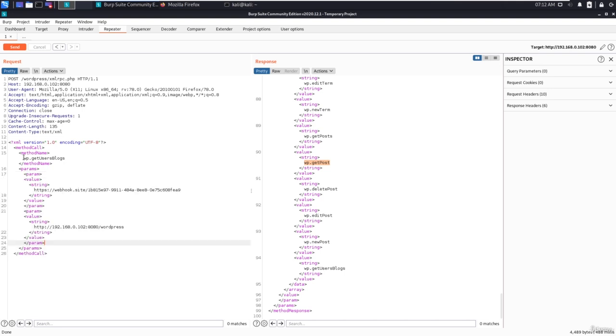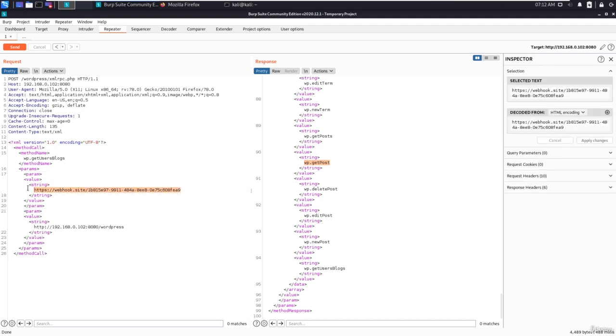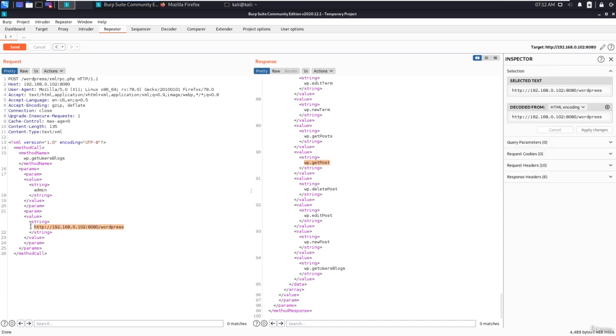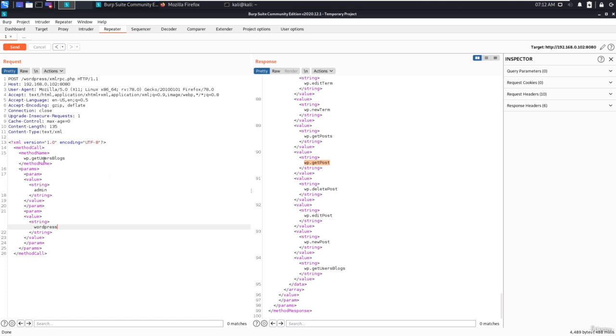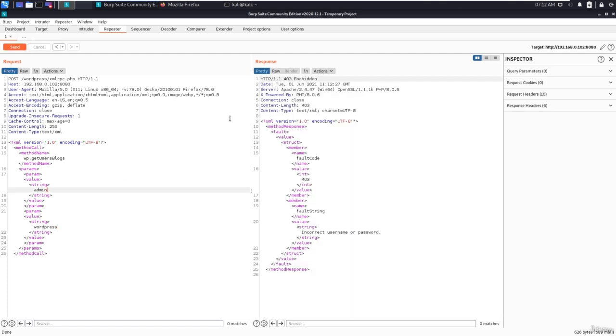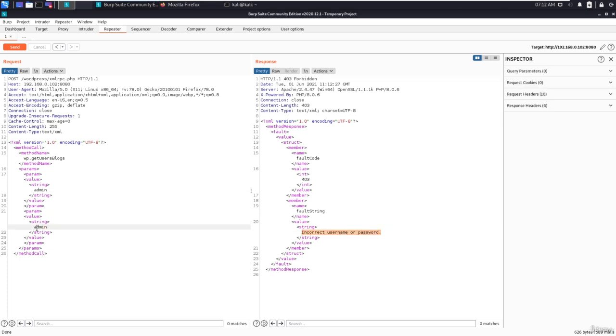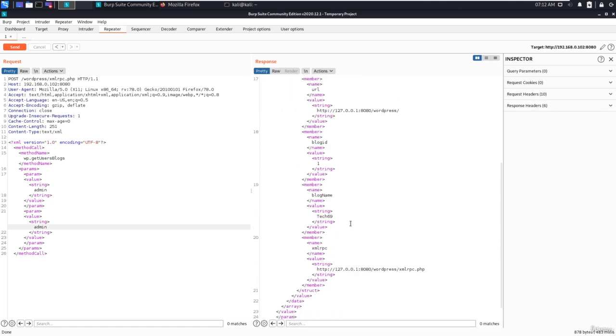and the parameters we want to pass are two parameters: username and password. Let's say admin, and the password is going to be WordPress. Let's try this. I think this should be good to go. Let's send the request, and you can see here: incorrect username or password. Now let me change this WordPress to admin, and admin is the correct credentials, and you can see we got